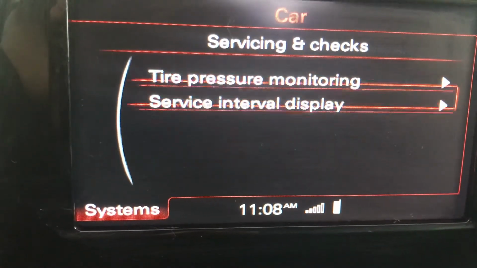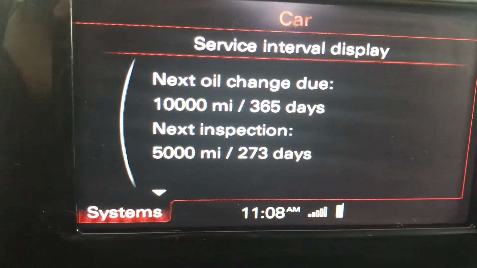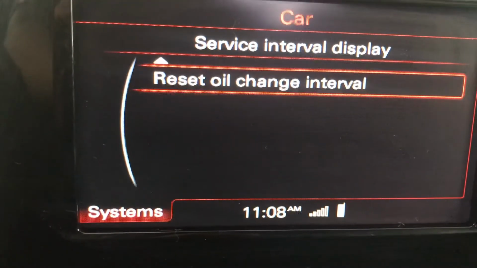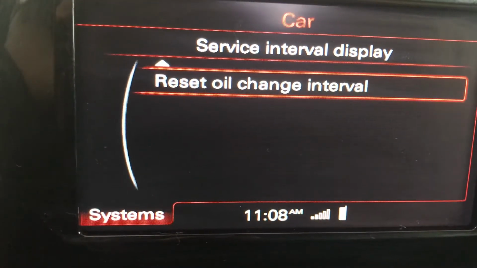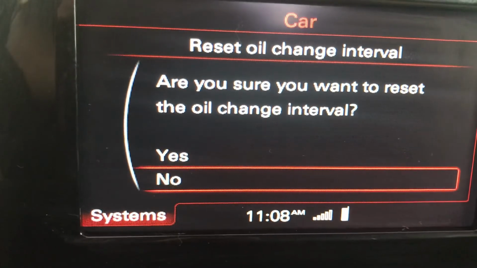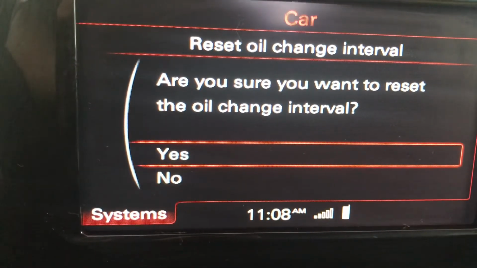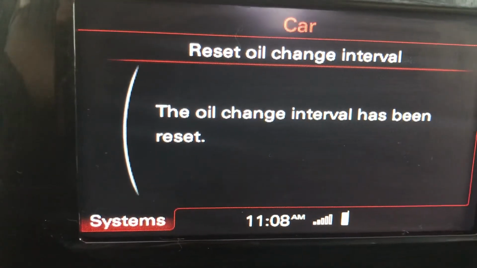Scroll down to service interval display, enter on it. Scroll down to reset oil change interval, enter on that, and scroll up to yes, enter on it, and we will be done. There you go,